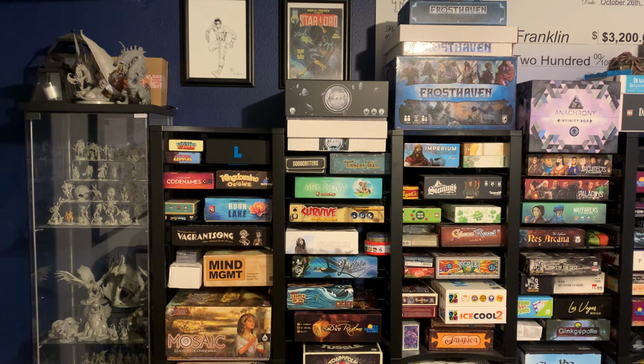So we're going to start in the upper left with Critters at War, Flies, Lies, and Supplies, Project L, Codenames, King Domino Origins, Jaipur, Silver and Gold, Boon Lake, Vagrant Song, Rove, Force of Will, Mind Management, Mosaic, A Story of Civilization, Sheol, Good Critters, Tinner's Trail, Ark Nova, Survive, Nidavellir, Spot It, Libertalia, The Winds of Galecrest, Legacy of